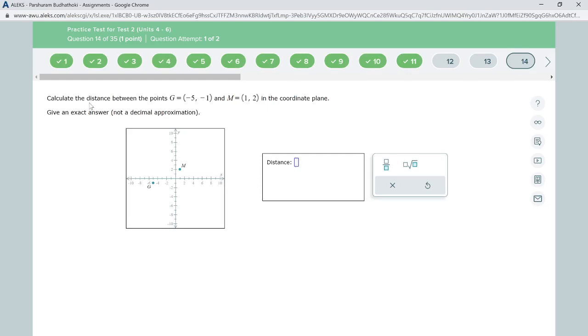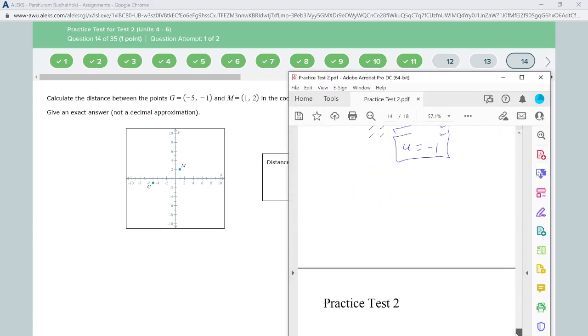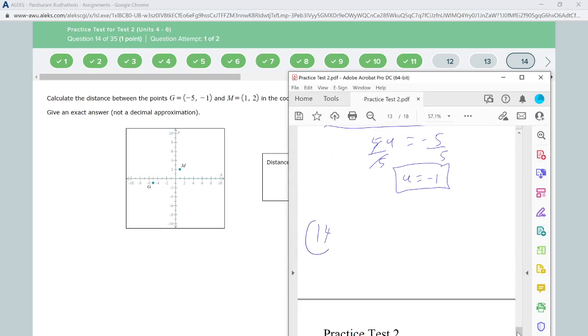Problem 14. Calculate the distance between the points (-5, -1) and (1, 2). Give an exact answer, not a decimal. So you remember there is a formula for finding the distance between 2 points. Let's say you have the 2 points x1, y1, and another point x2, y2. Then you can find the distance between them by using this formula: the square root of the square of the difference between the x coordinates and the square of the difference between the y coordinates,